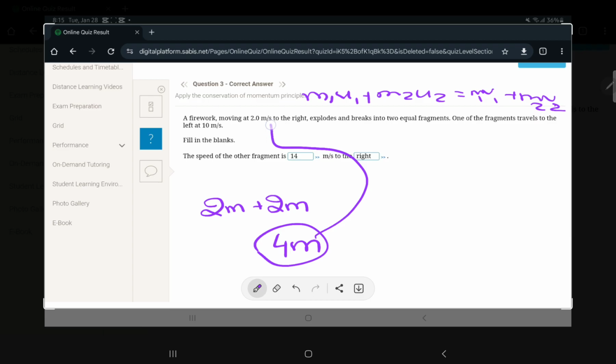That's the original way the question was taking it, but if we do it this way, it's going to be more simplified for you. It's going to be easier for you to understand. 2m plus 2m, because the two fragments were one fragment at the beginning, but since we want to keep mass constant on all sides so we can simplify it, it's easier to do it like this, separate fragments. So 2m plus 2m is equal to